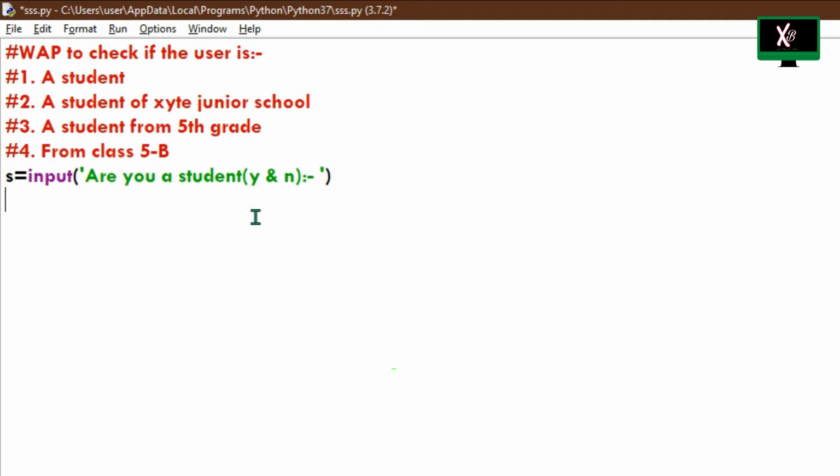Next, in the next line, I have to create an if statement. If the guy is actually a student, so if s double equal to y, something like this, put a colon, press enter, and ask another input. So this time what I have checked is a student of Excite Junior School. So x is equal to input